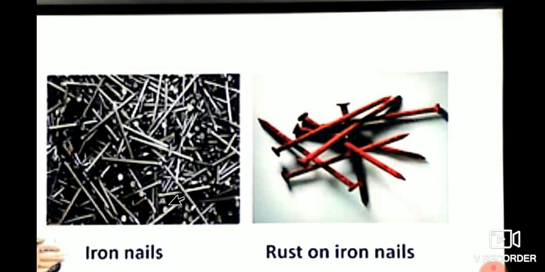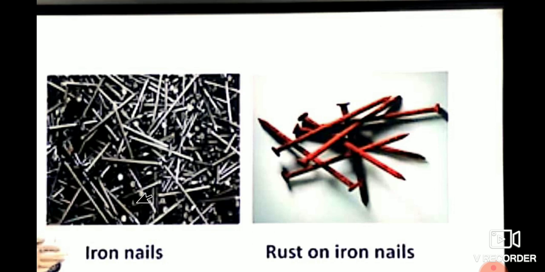The special kind of shine present on natural materials, or the shine that appears when they are freshly cut or sandpapered, is called luster. Dear students, look at this picture.